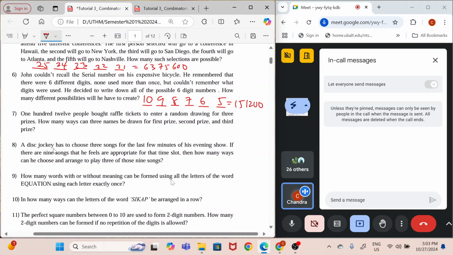So question number 7, 112 people bought the raffle ticket. Three names can be drawn, first, second, third prize. So 112, 111, 110. So if you multiply this,